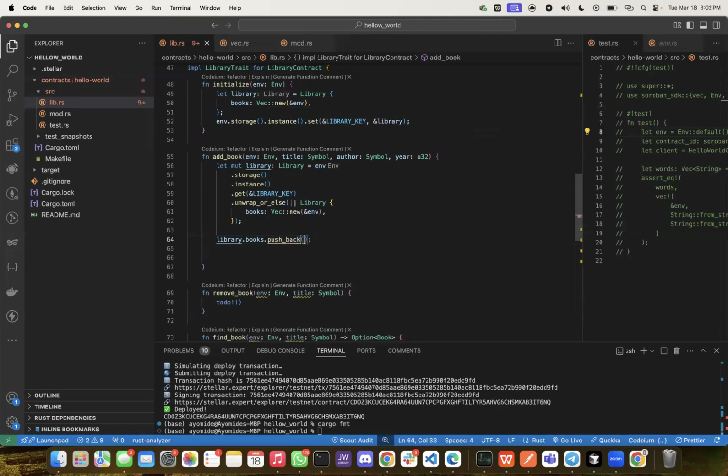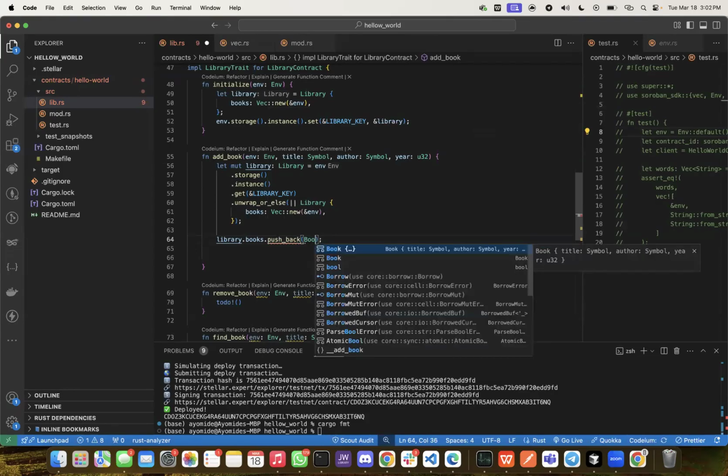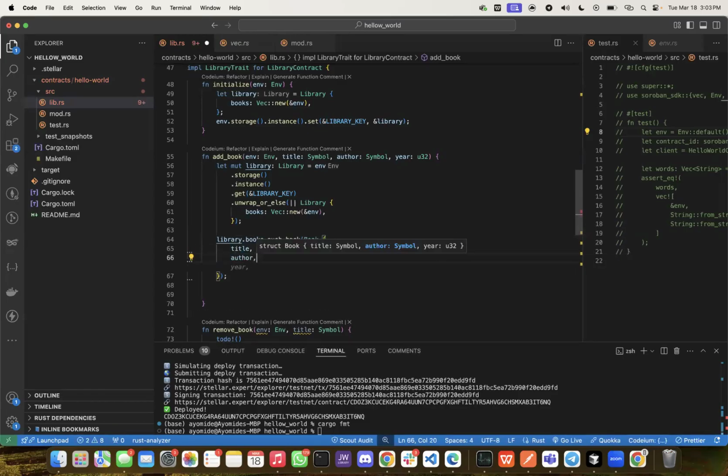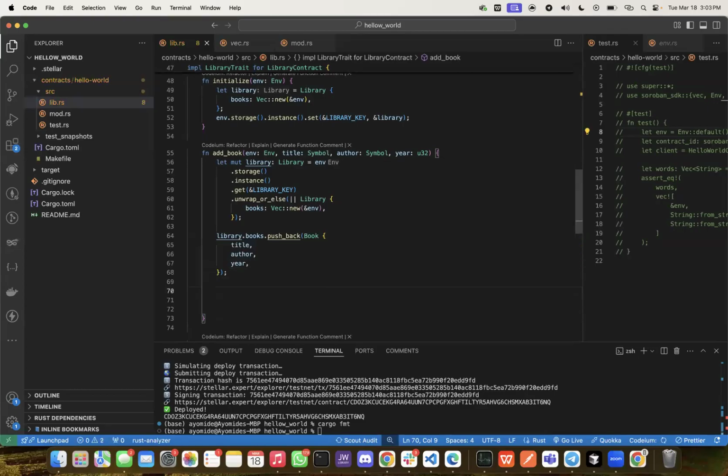Now, so what are we pushing there? We are pushing a completely new book, right? So this book would have a title, an author, and a year. So we're going to push back the title, the author, and lastly, what? The year. So this is what we are going to use for it. So after doing this,